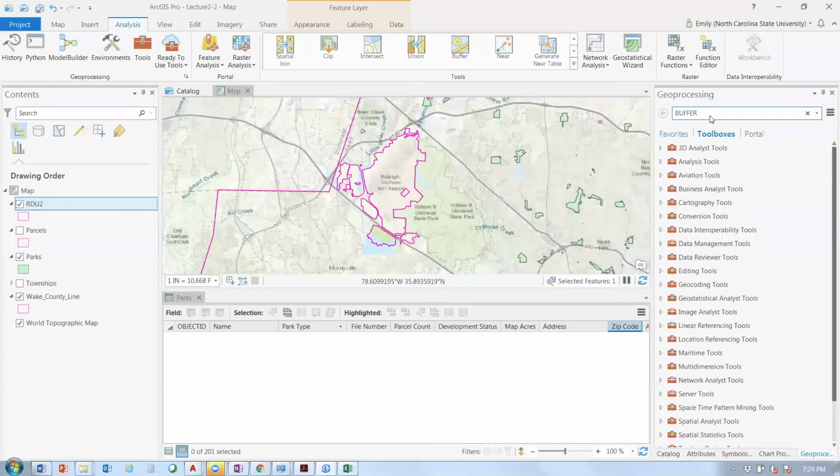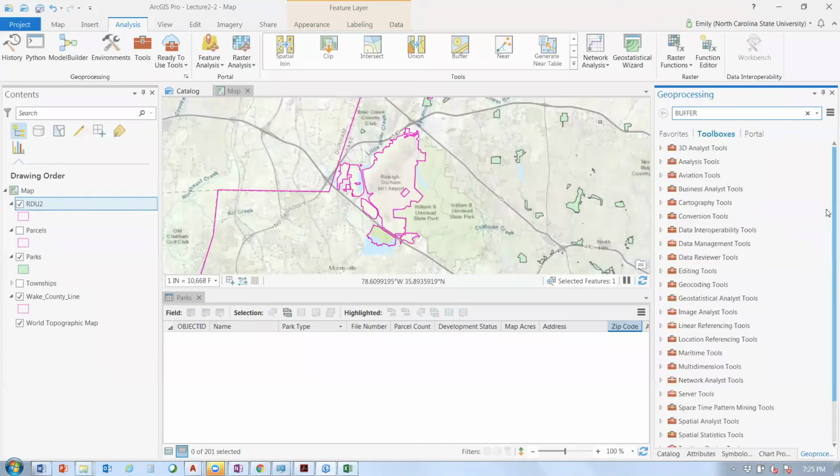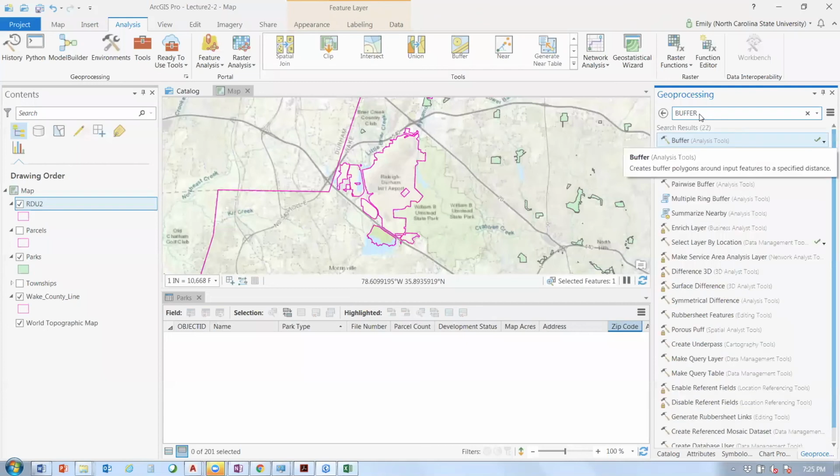So you can see here you have your favorites, which are going to be the tools that you've recently used, which for most of you is not going to be any of the tools. And then you have all the tools. And if you know the name of the tools, rather than navigating through these and trying to look for them based on their categories, you can simply just search for them. So if you type in buffer, you'll see that buffer is an analysis tool,